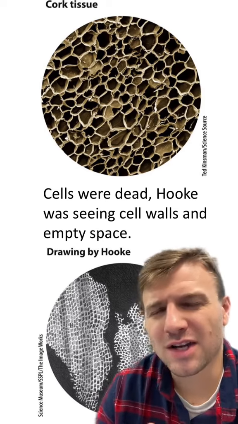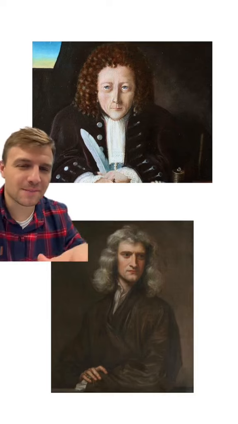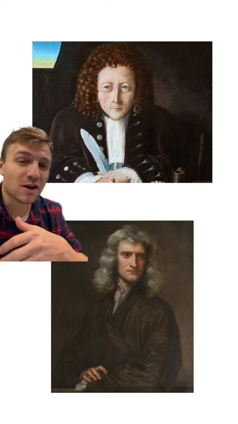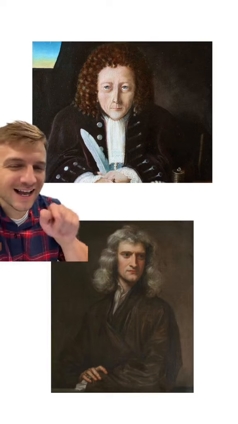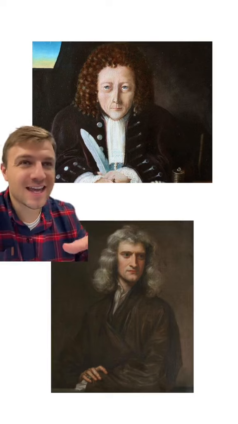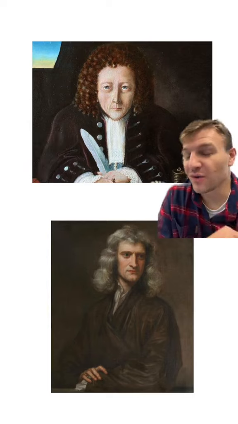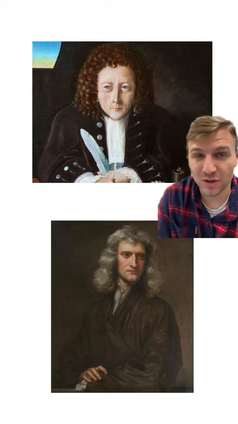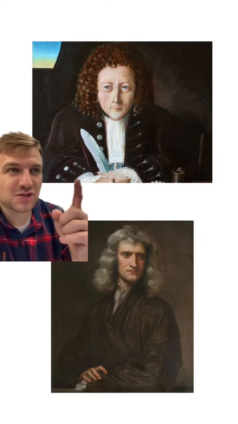So why do we not know what he looks like? Robert Hooke was a little bit difficult to get along with at the time period, and he actually got into a feud with one of the most famous scientists, Sir Isaac Newton. When Robert Hooke died, Isaac Newton actually took his things and either hid them away or burned them. And with his possessions was the only portrait or painting of Robert Hooke. So we don't really know what Robert Hooke looked like, so we just have interpretations of what we think he may have looked like. So we don't actually know if